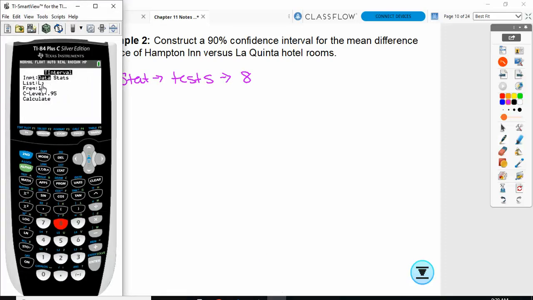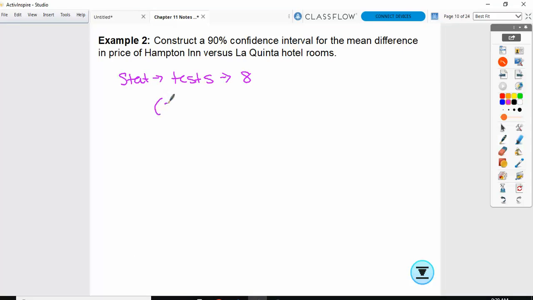Okay, so it's going to ask you if it's based off data or stats. We have everything entered as data. My list is bringing up that L3, the difference. Confidence level, I wanted 90. So when I calculate,